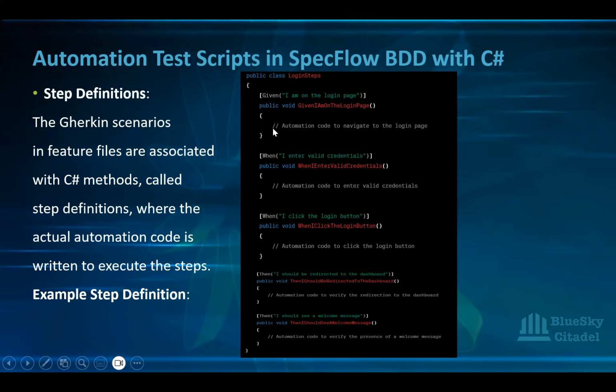So here, the comment is there to let you know what you need to do. You write the automation code to navigate to the login page, given I'm on the login page. When I enter valid credentials, write the automation code to enter valid credentials. When I click on the login button, write the automation code to click the login button. Then I should be directed to the dashboard. That's all you do here. You write the code, and that is you with your